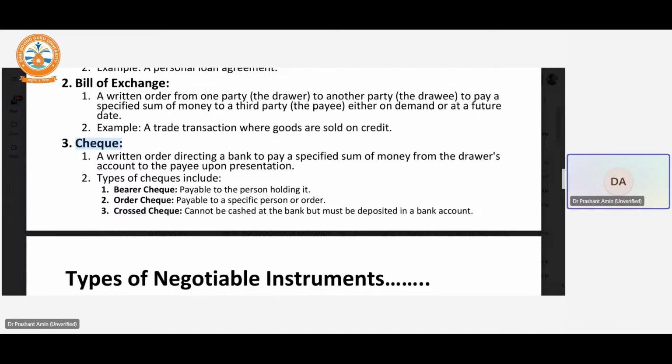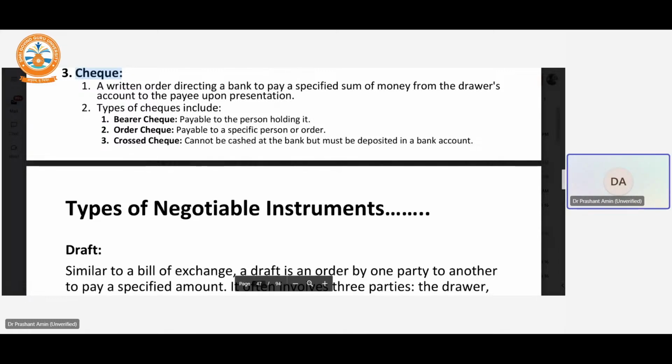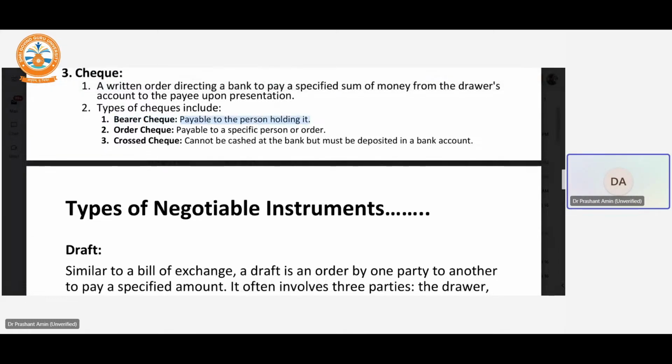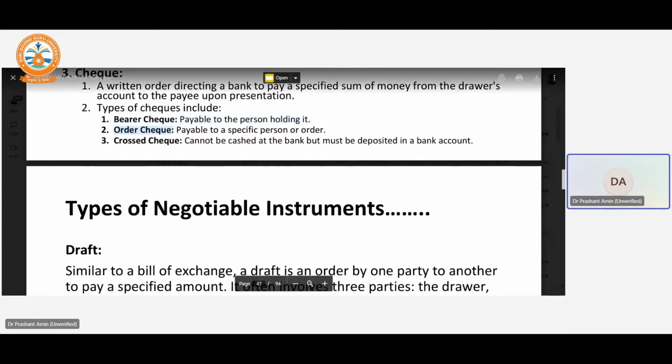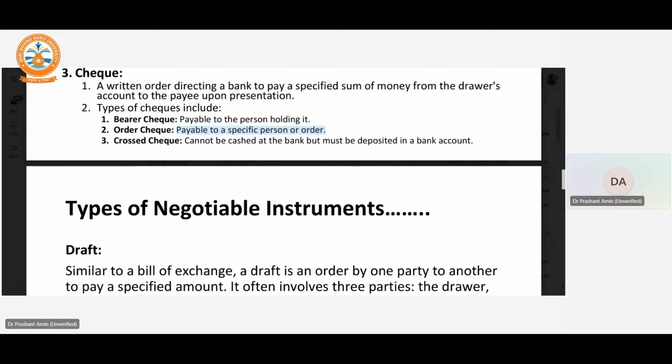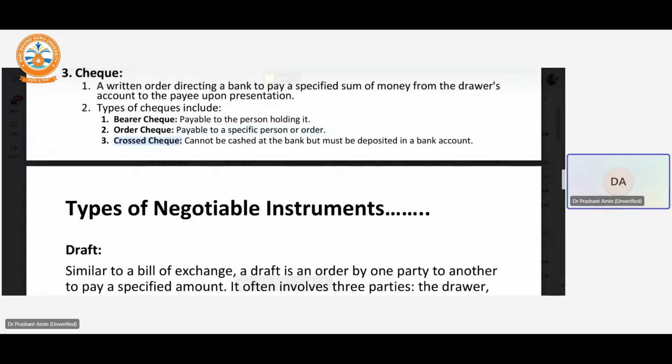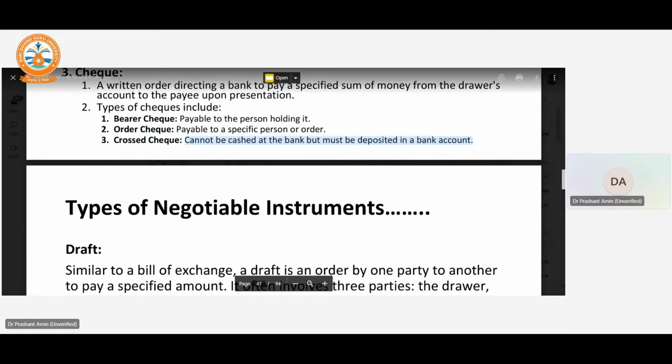What kind of presentation? A bearer check is payable to the person who is holding it. An order check is payable to the specific person or on their order. A crossed check, an account payee check, cannot be cashed at the bank, but must be deposited into an account at the bank,